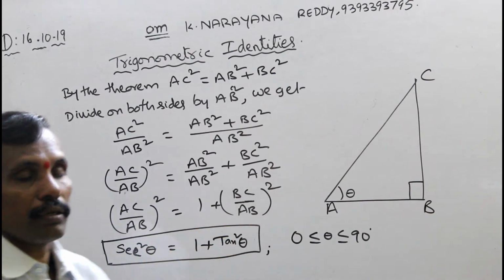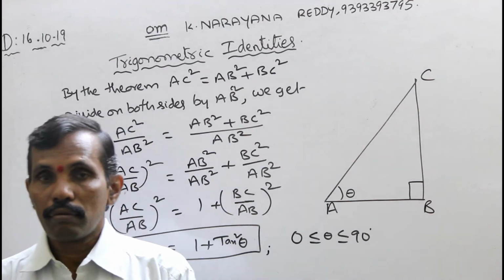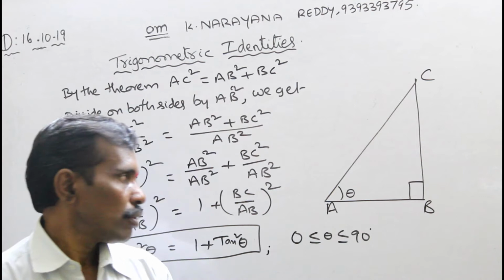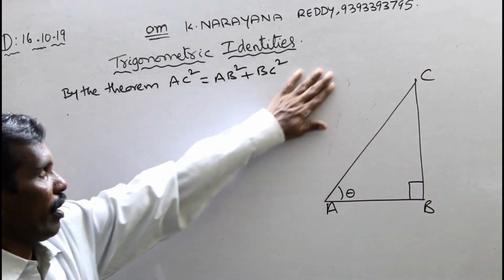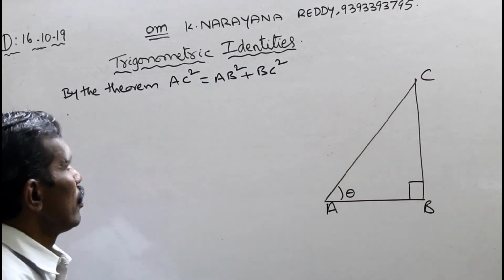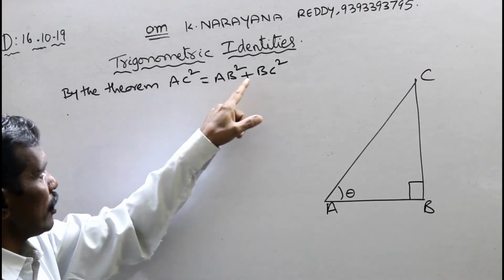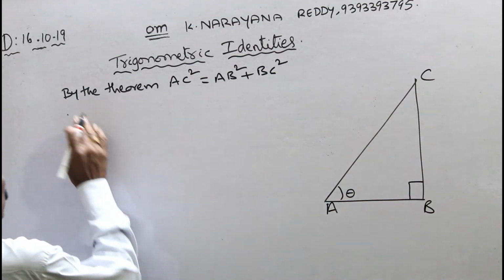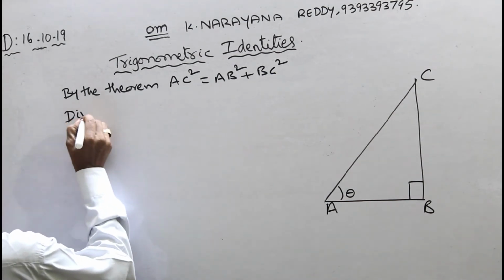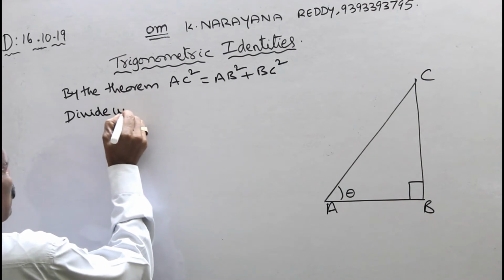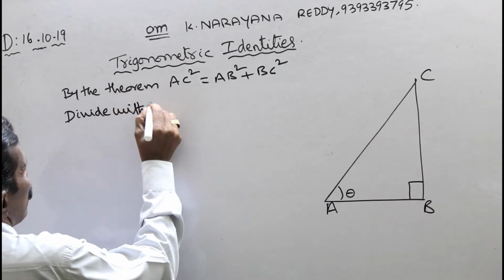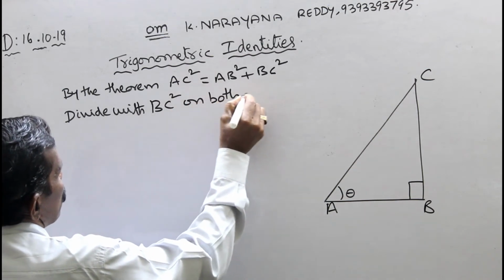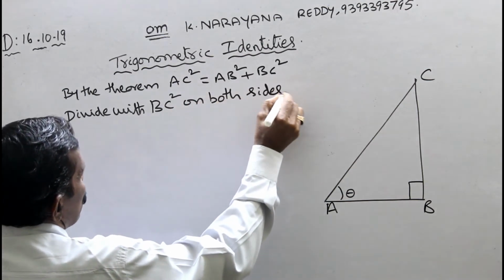This is very important in examinations and also in competitive exams like Olympiad. Okay? Again, you can find another identity. Now, I will divide the equation by BC square. Divide with BC square on both sides. We get